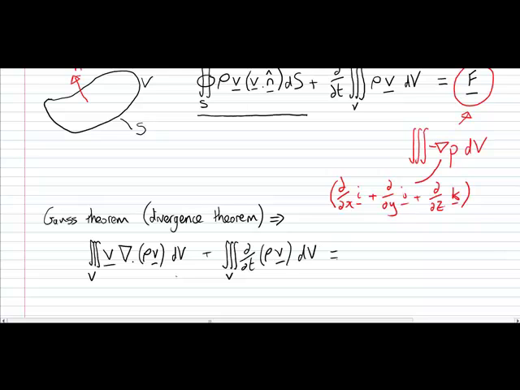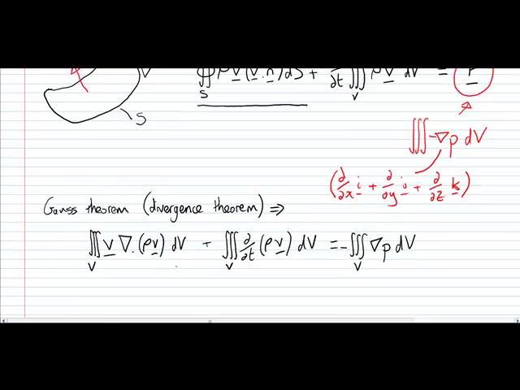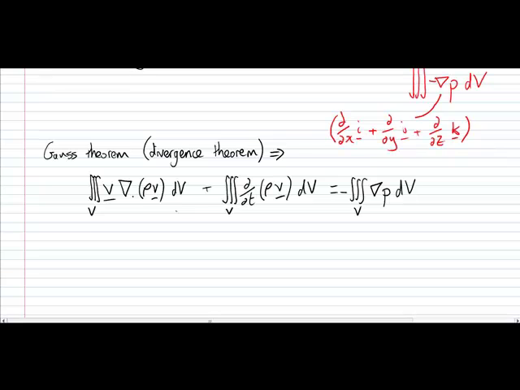dV is equal to, and now on the right hand side of the equation we've got minus the volume integral of grad p dV. So we've got volume integrals over our control volume across each of those three terms. So actually what we can do now, just as we did when we derived the continuity equation in this form, is take all of those terms over onto the left hand side and wrap them inside a single volume integral. So we can rewrite this as the volume integral of, and I'm going to rearrange the terms to put them in the conventional order that we write this out in,